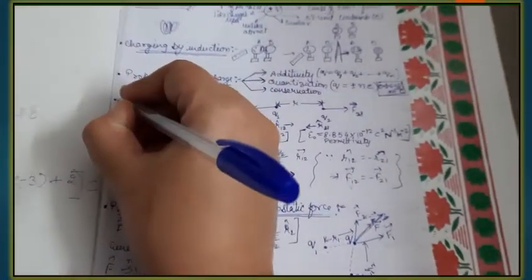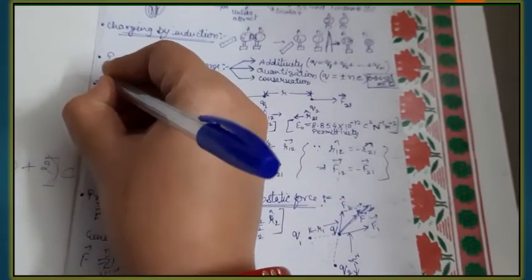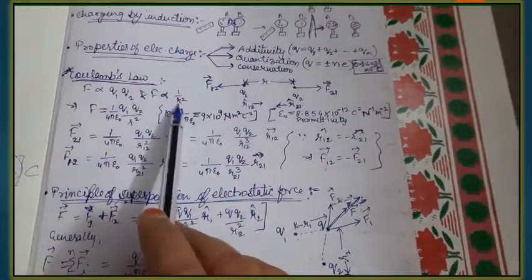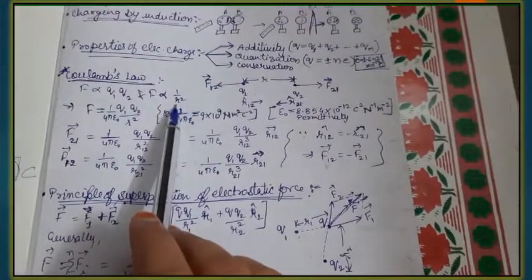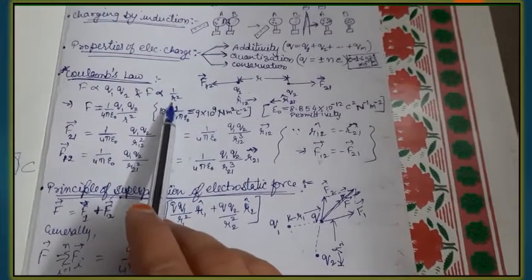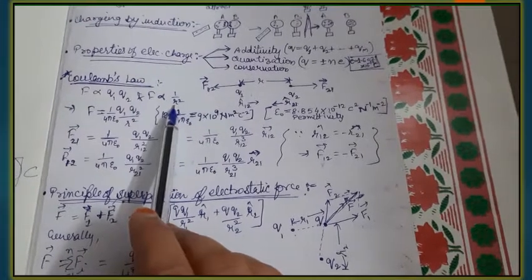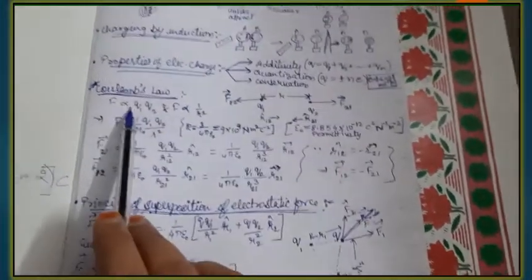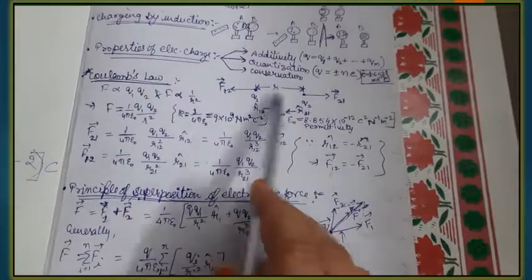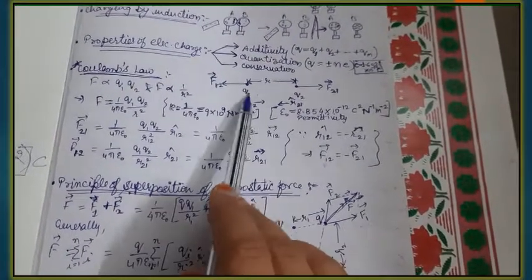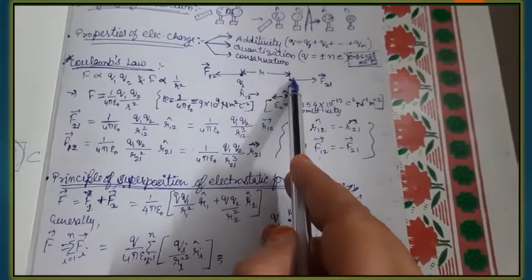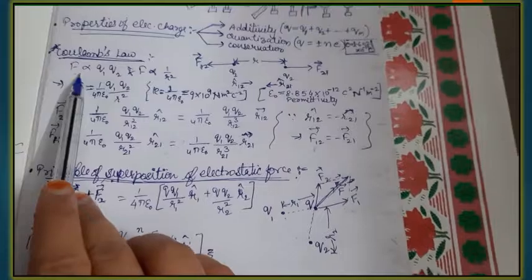Now one of the most important topics of the chapter, Coulomb's law. Coulomb's law is an inverse square law, which is similar to the universal law of gravitation, in the sense that it is also inverse square in nature. So what does Coulomb's law state? It states that whenever there are two charges in a region, suppose there are two charges q1 and q2, and the separation between the two charges is r, then the force